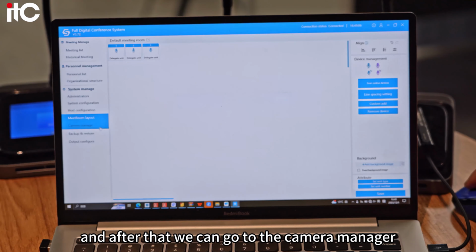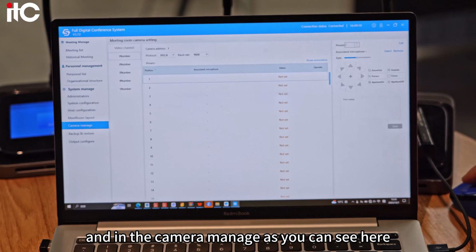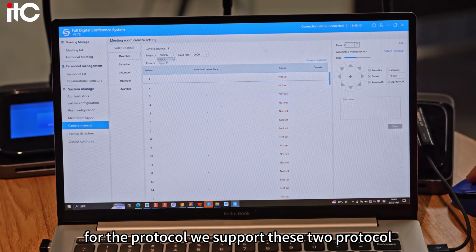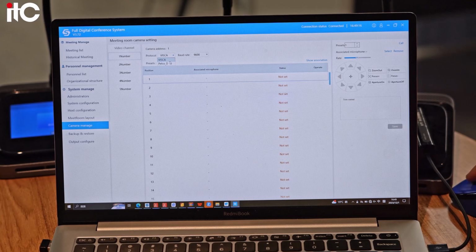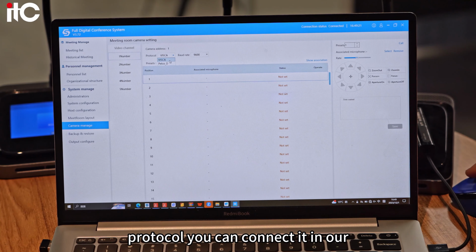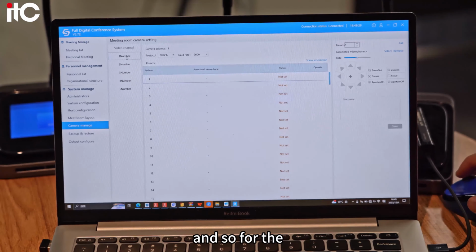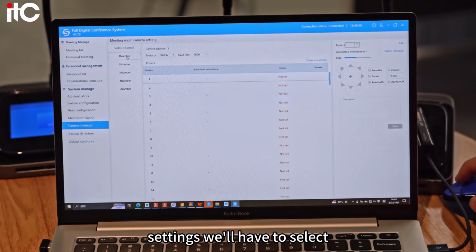After that, we can go to the camera manager. In the camera manager, as you can see here, for the protocol, we support these 2 protocols. So if your camera supports these 2 protocols, you can connect it to our conference host or our central control system. And for the settings, we'll have to select